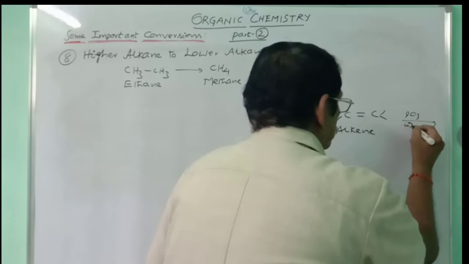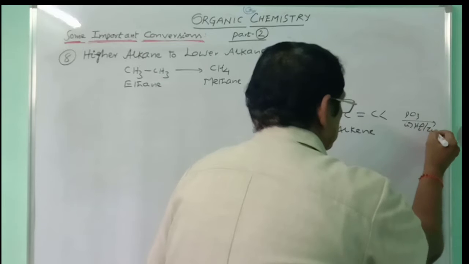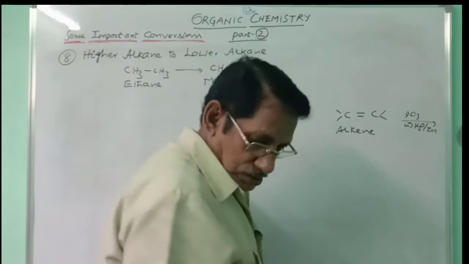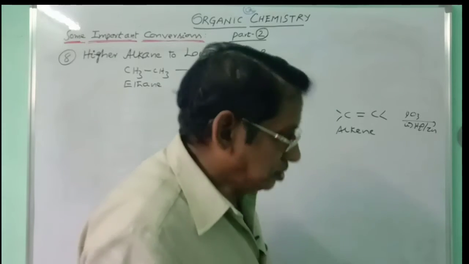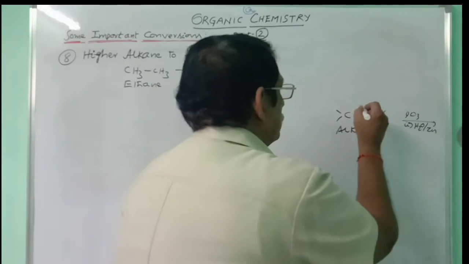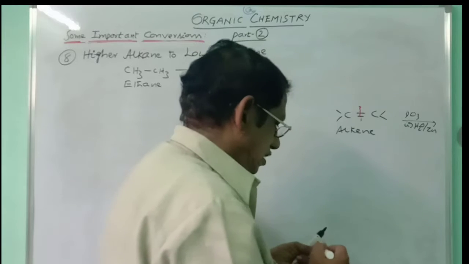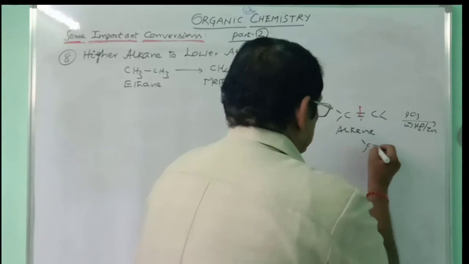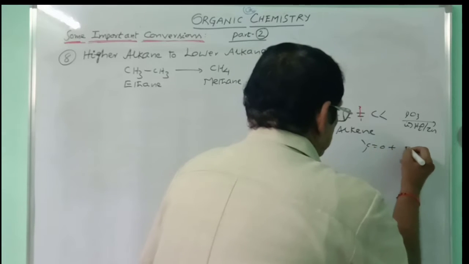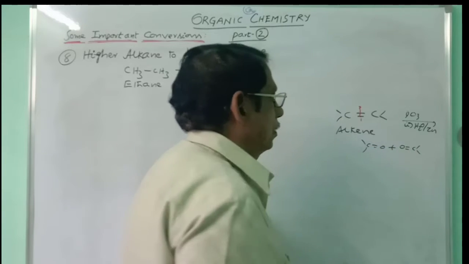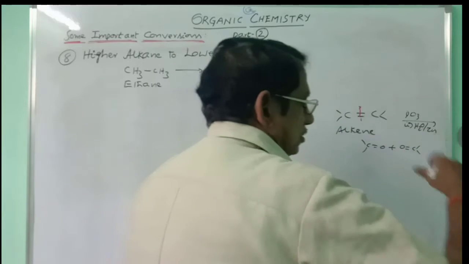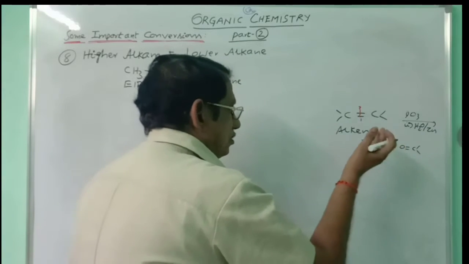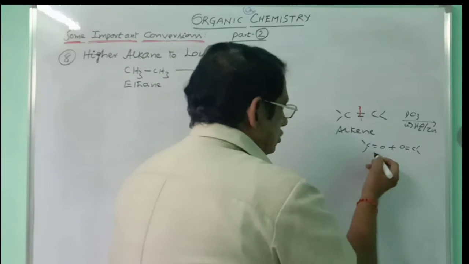first O3, second H2O in the presence of zinc, this is what you call ozonolysis. Doing ozonolysis, you can see that the C double bond C will be broken here and it will be converted into C double bond O, C double bond O. 2 carbonyl compounds will be obtained here. In this way, the carbon can be degraded. 2 individual compounds are obtained and the required compound you can take here.